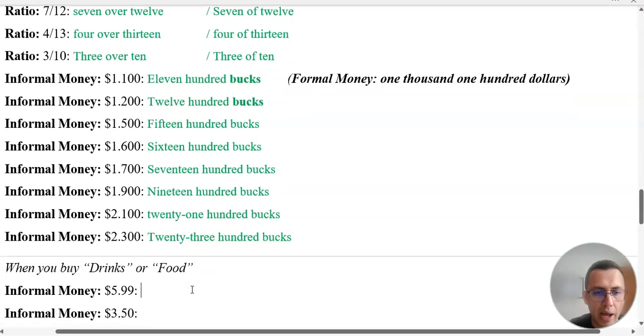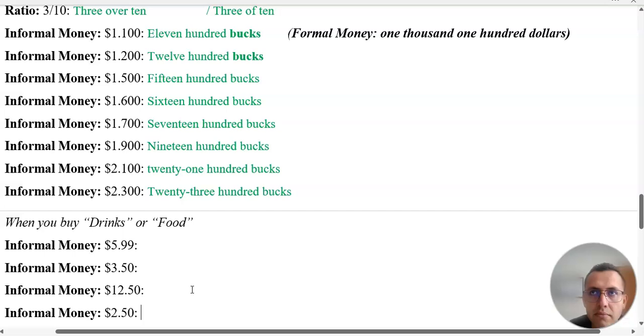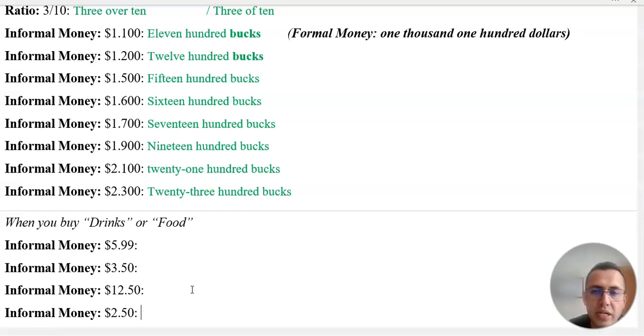Ahora, when you buy drinks or food, cuando vamos a comprar comida o bebidas, lo que sea, en tipos de negocio como los drive-thru, que son los servicios, por decirlo así, cuando vamos en nuestro auto, pedimos por una ventanilla, damos la vuelta y recibimos el pedido por otra ventana, que es muy común este tipo de negocios en países como Estados Unidos. Tenemos normalmente este tipo de cifras monetarias. Por ejemplo,